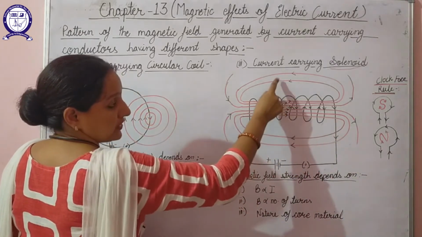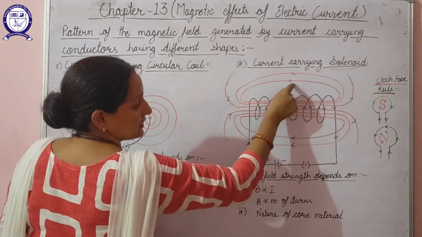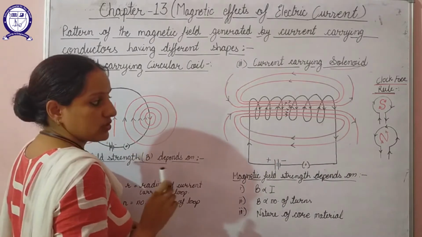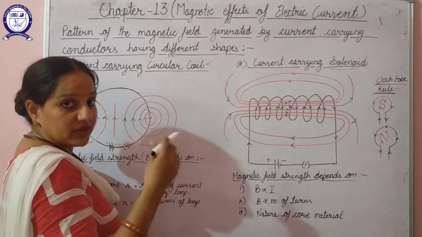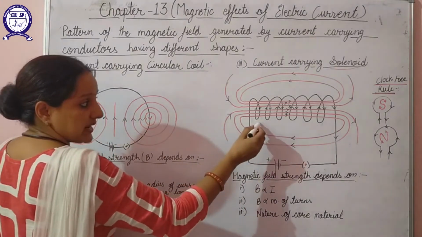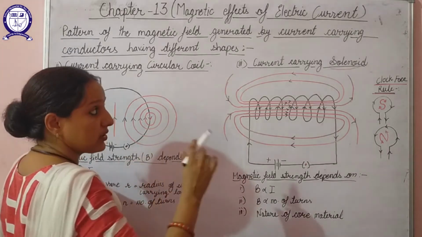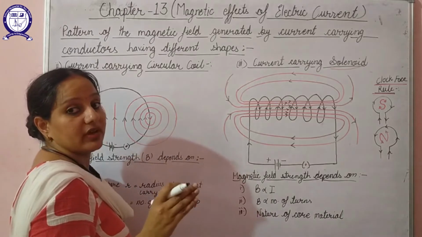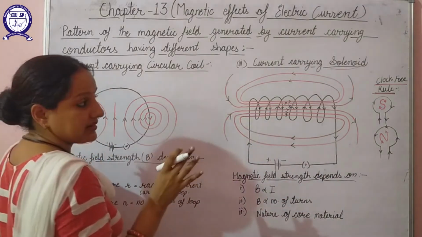Here the direction of current is upward, so fingers are in the anti-clockwise direction, that also marked here. So this is the magnetic field pattern of a current carrying solenoid. Now if we compare this field pattern to that of a bar magnet, we already have studied, this pattern resembles the magnetic field pattern of a bar magnet, because of which this current carrying solenoid is used to make your electromagnets. This behaves as a perfect magnet here.